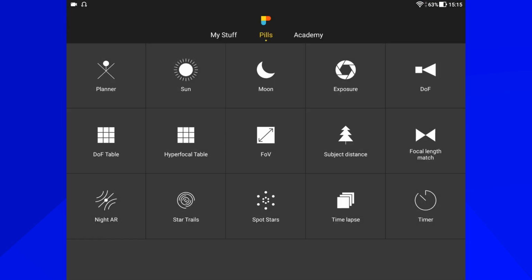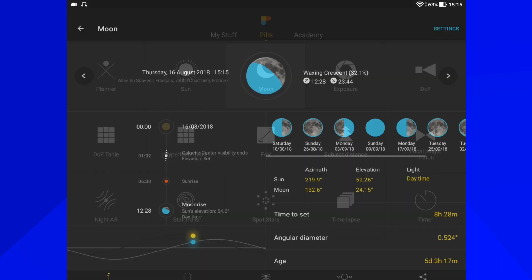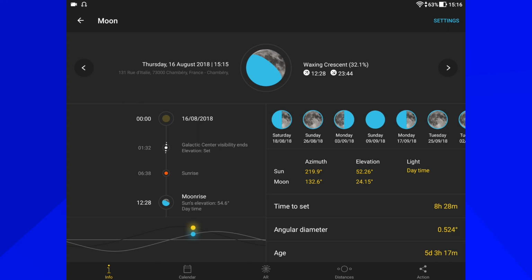One thing you need to check out also is the moon. So I'm gonna use here the part of the moon here, and here on the corner, as you can see, there is two dots. Those two dots are the moon, the blue dot, and the sun, the yellow dot. And you want to avoid the moon. Why? Because the moon will reflect light to the atmosphere, and again the atmosphere will become blue,